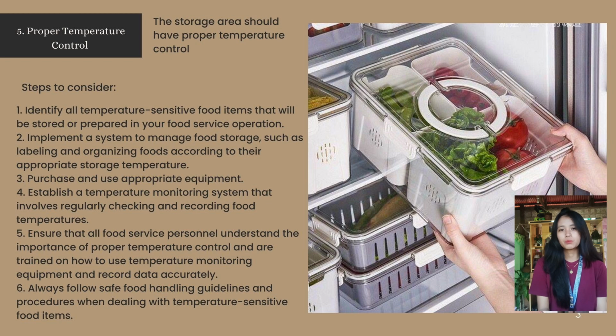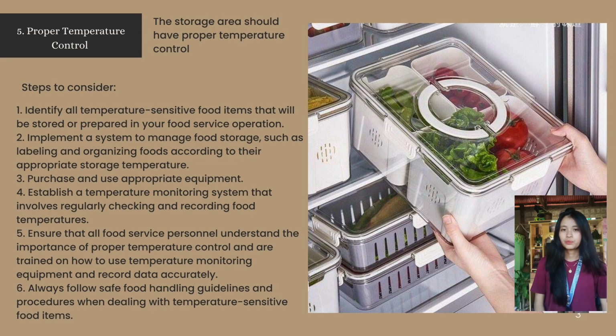To design proper temperature control for food service, observing proper hygiene and sanitation, you should consider the following steps. First is to identify all temperature-sensitive food items that will be stored or prepared in your food service operation. Next step is to implement a system to manage food storage, such as labeling and organizing foods according to their appropriate storage temperature. Next step is to purchase and use appropriate equipment such as refrigerators, freezers, and food warmers to maintain proper